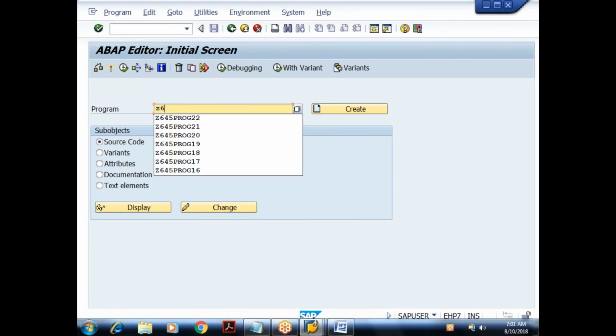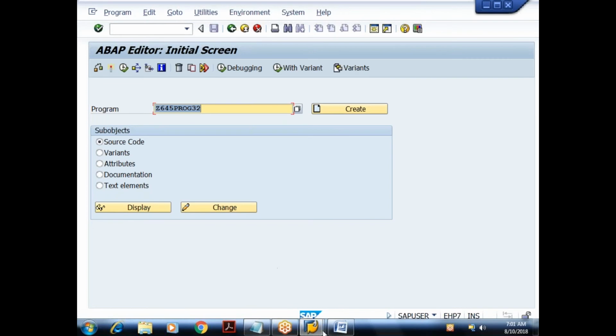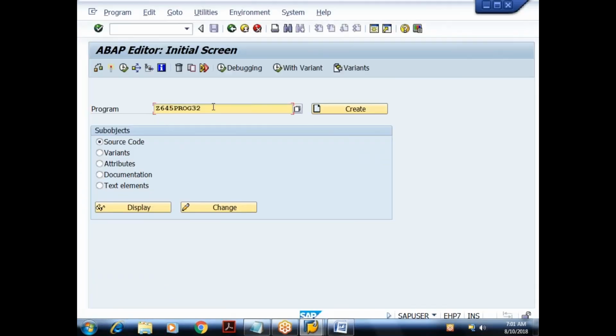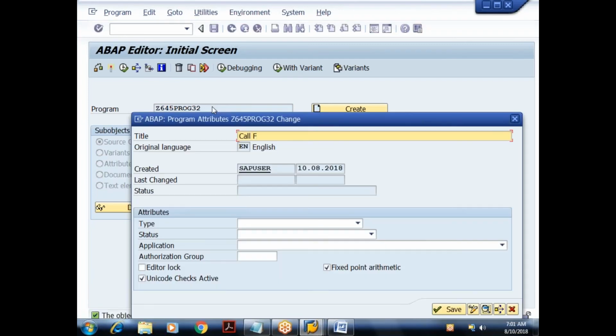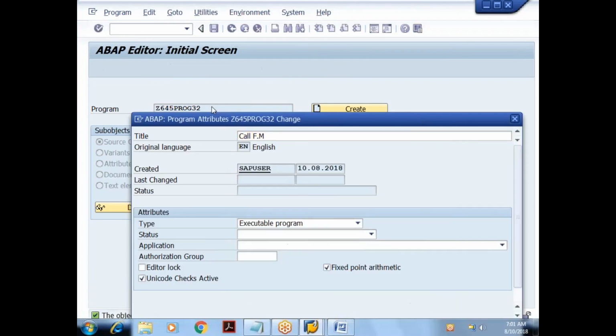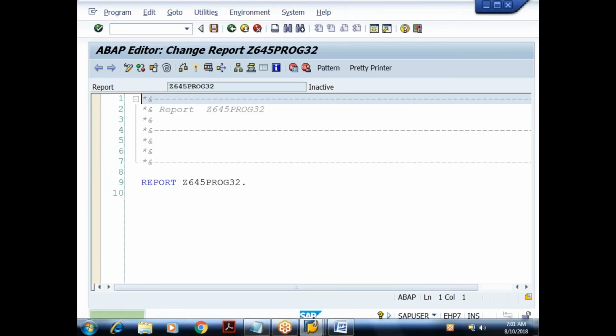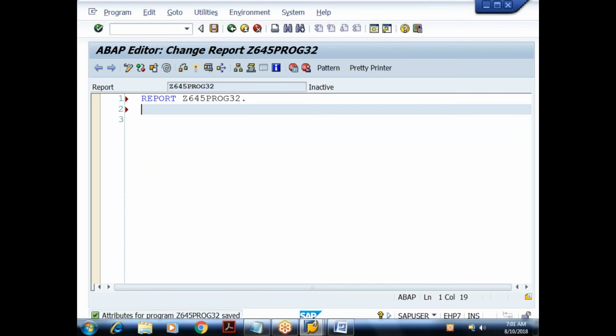I'll give the name of the program as Z645_program_32 because the last one is 31. So I'll give 32. Done. Type of program is executable program. I'll save it in the local object. Done.